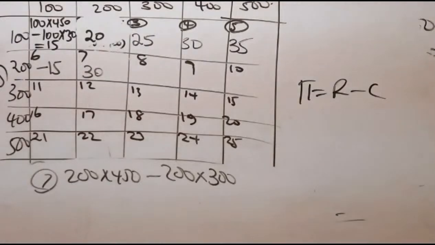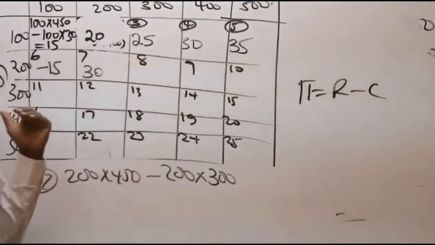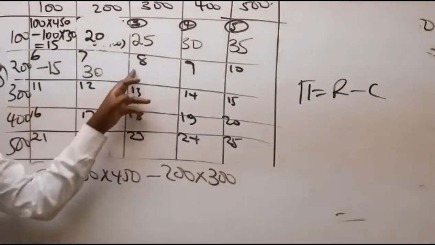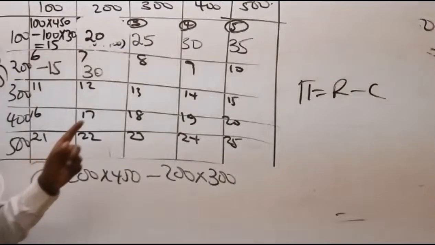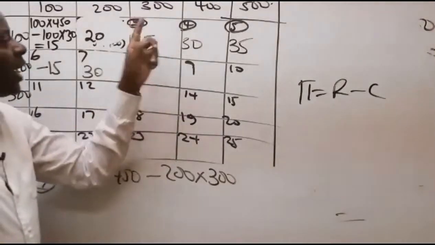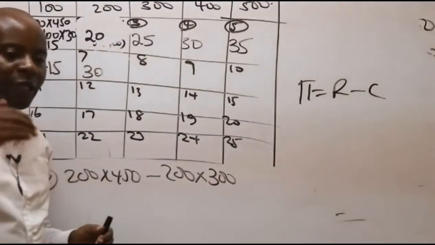Jerry Mwangi wants me to do cell number 8. Look at cell number 8, Jerry. What is happening in cell number 8? We have supplied how many ourselves? 200. But how many have been demanded down there? 300. So the demand is more. So we have to go, ladies and gentlemen,